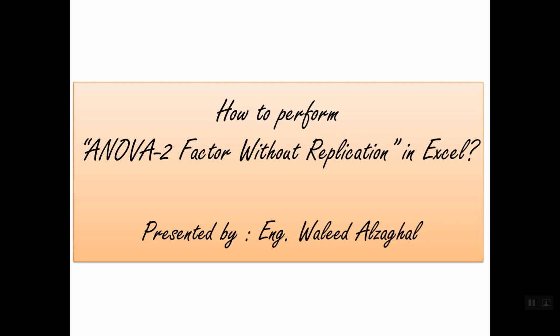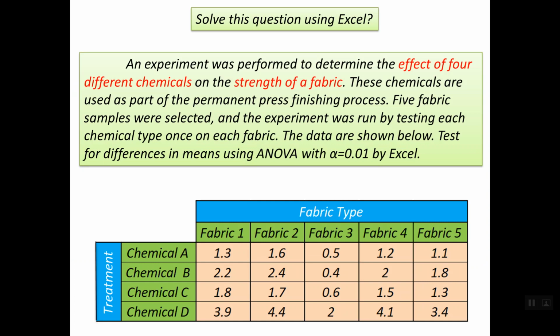We don't have more than one observation or one sample for each combination. This is the question that we will deal with in order to understand how to use Excel to perform